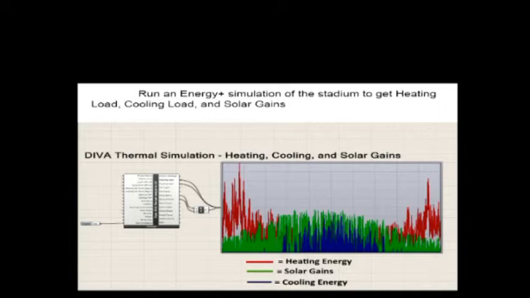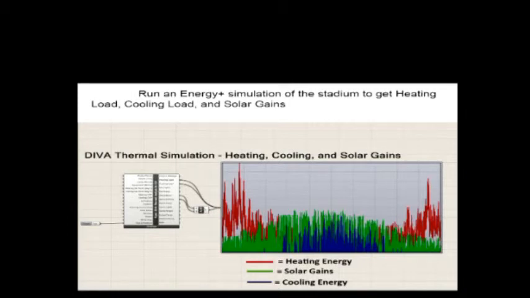And one of the ideas we came up with is to have frit pattern on the top layer and frit pattern on the bottom layer, and offset with X distance, and also offset with Y distance, so they're not superimposed right on top of each other, and come up with a solution so that we can control the sun angle at the critical point in the year, so that we are getting enough light, but we are actually avoiding solar gains. So that was the concept.